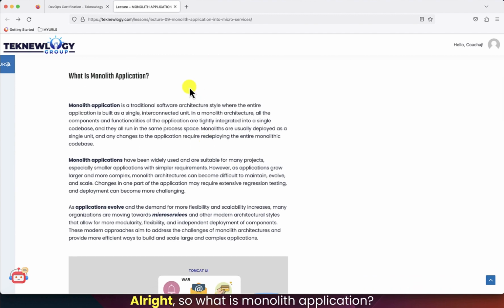Alright, so what is a monolith application? A monolith application is a traditional software architecture style where the entire application is built as a single interconnected unit. In a monolith architecture, all the components and functionalities of the application are tightly integrated into a single code base, and they all run in the same process space. Monoliths are usually deployed as a single unit, and any changes to the application require redeploying the entire monolithic code